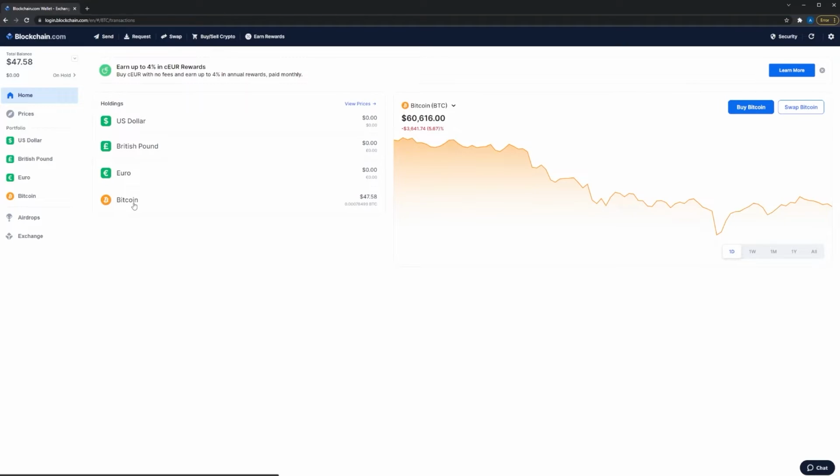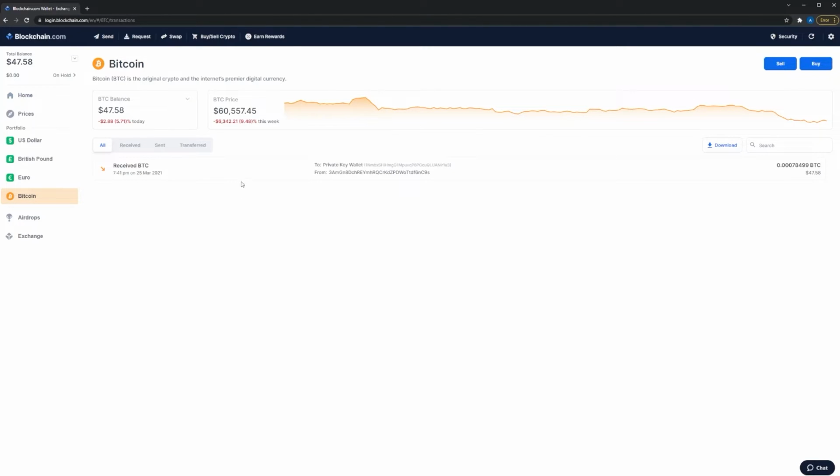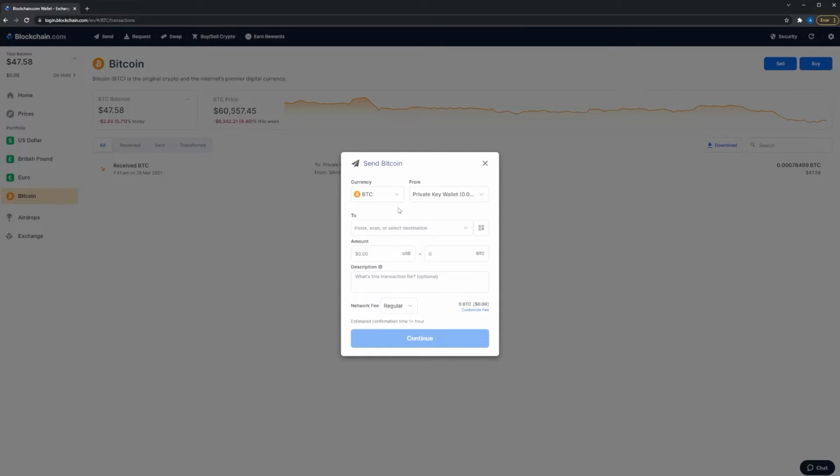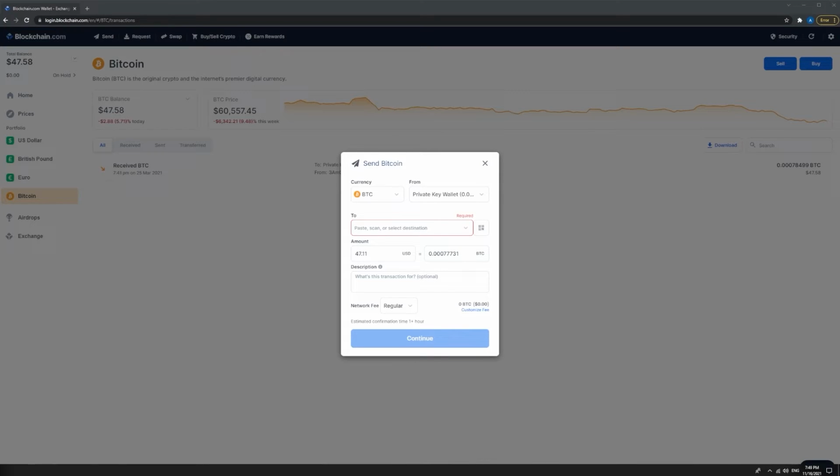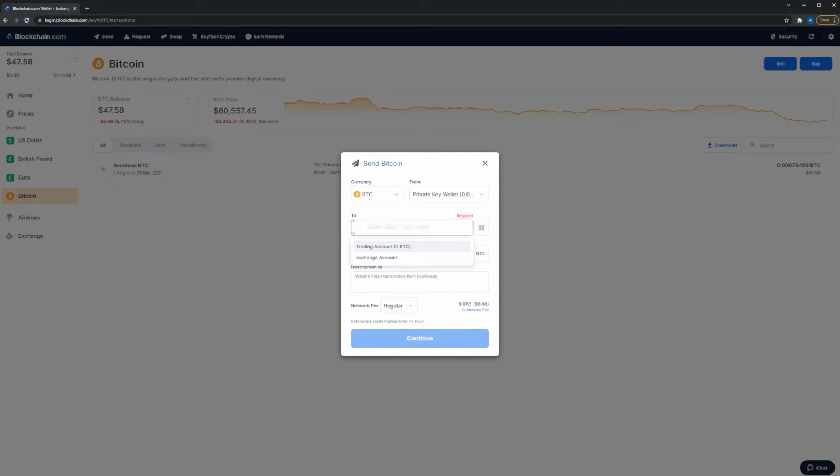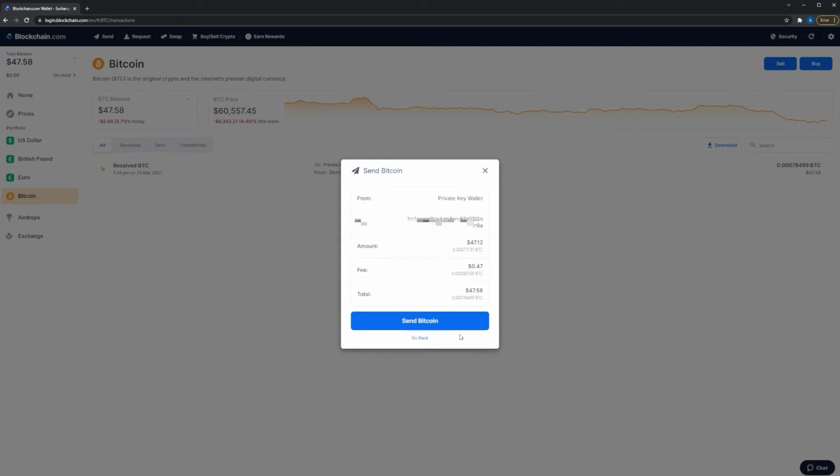So now we'll go to my blockchain.com wallet, and I have a little amount of Bitcoin over here since a long time. So I want to send from this wallet to my Ledger wallet, to make it a private wallet. The thing I don't like about the blockchain wallet is that you have to actually physically write the amount of Bitcoin you want to send. It does not allow you to put a max and then put the address. You can choose a regular network fee, or if you want to do it very fast, you can choose the immediate fee, but I will go with the regular because that fee is lower. I am happy with waiting for some time.